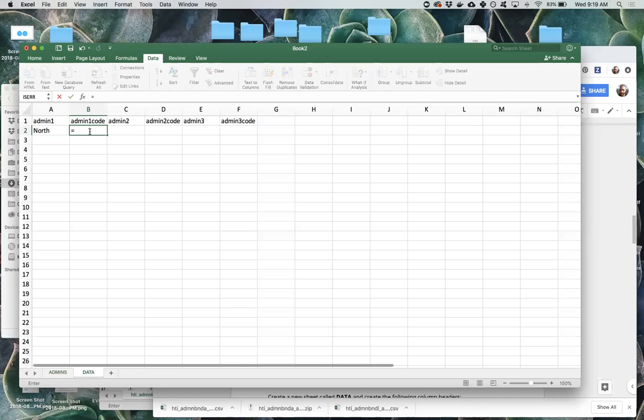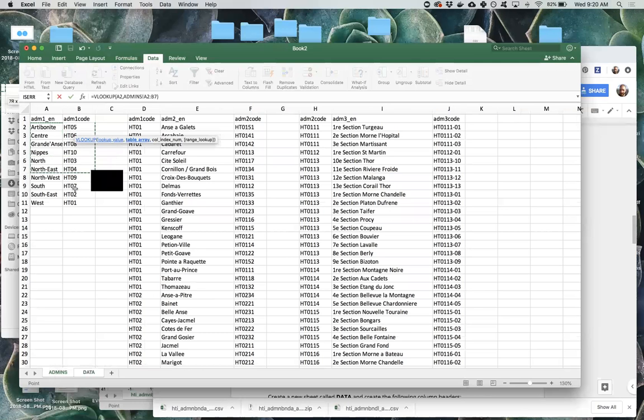So if we start typing a formula, equals and then VLOOKUP, here it shows you a little help window that pops up that shows you what parameters it's expecting. So the first one is a lookup value. We want to use this A2 cell, the admin one name, as the lookup value, then a comma to go to our next parameter. The table array is the data that we're going to look up to pull something new. So we want to look up north and grab the admin one code from this data, A2 through B11,